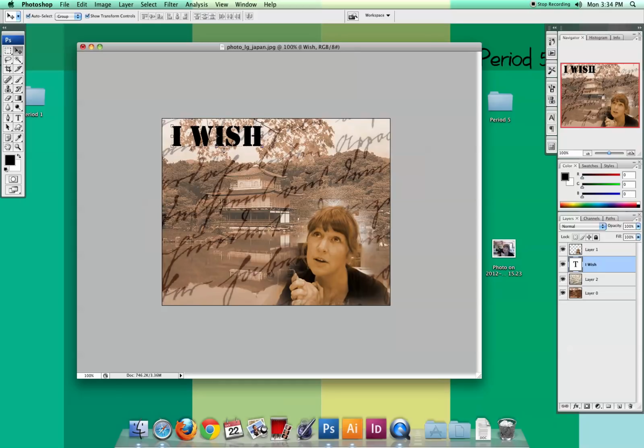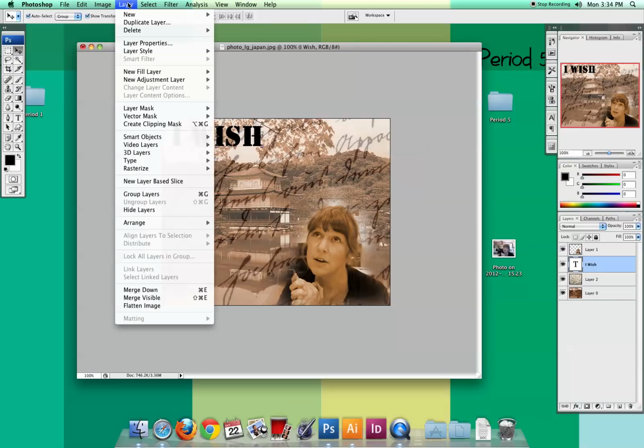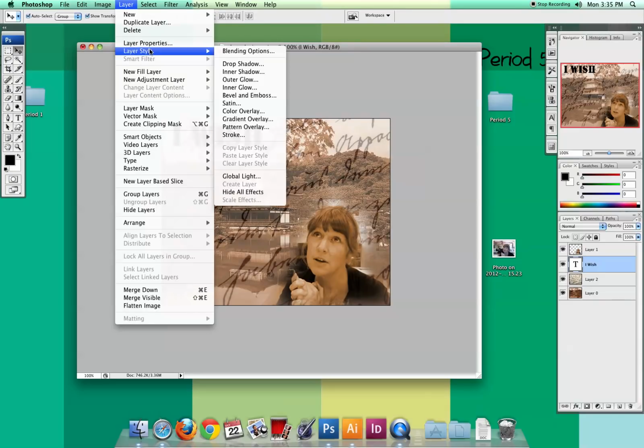But what I'd like to show you next is how you can take your text and add a layer style to it. This is a really nice thing to do, but a lot of people take it way too far. So don't get too crazy with it. The point is to make your text more readable and more interesting. So we're going to go up to layer style, and I actually just start with drop shadow,